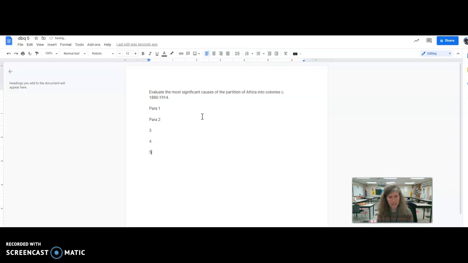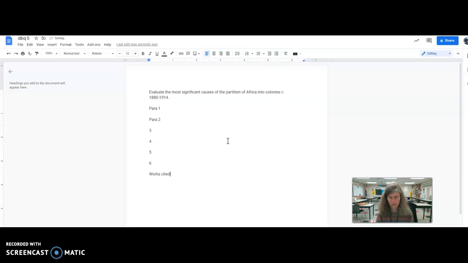It could also talk about something that other people might think is a cause of colonization that you really don't think is a cause. So a counterclaim type paragraph. And of course, if you want to keep going, you just keep going and write more paragraphs. Then down at the very bottom,